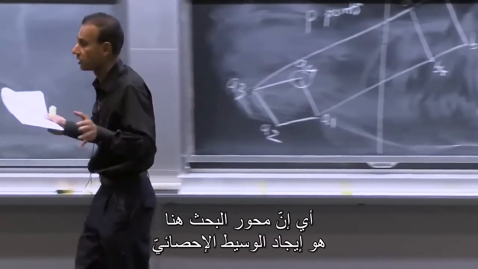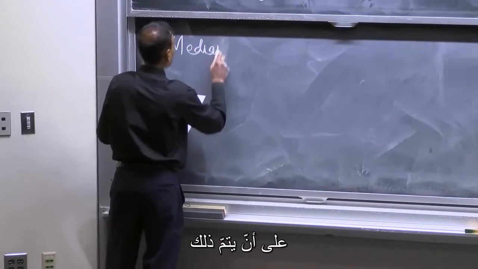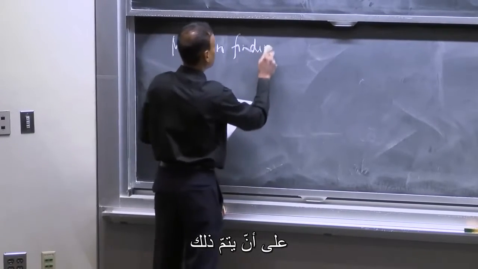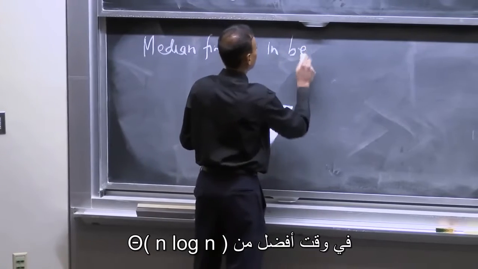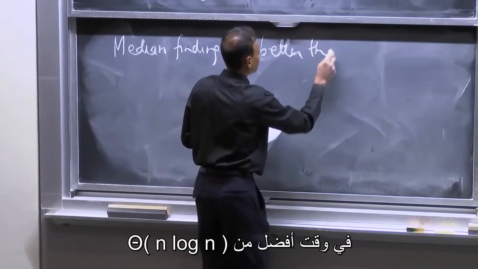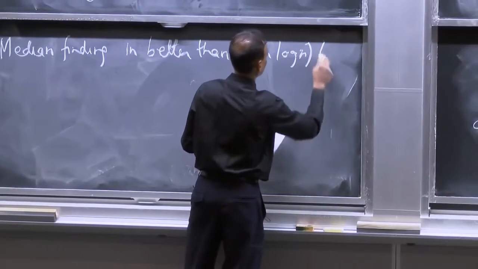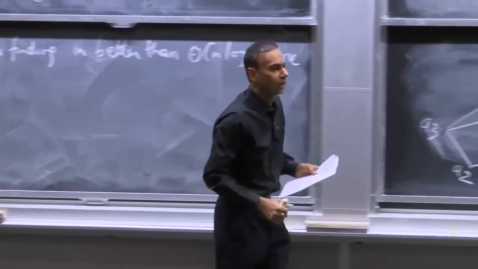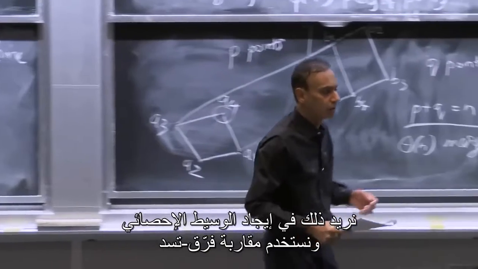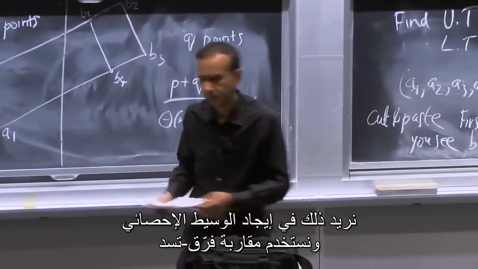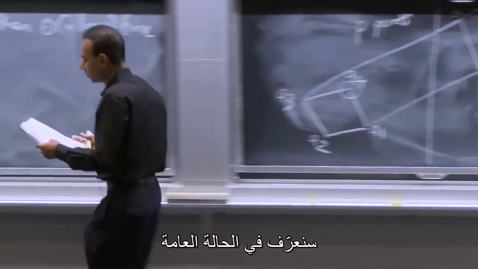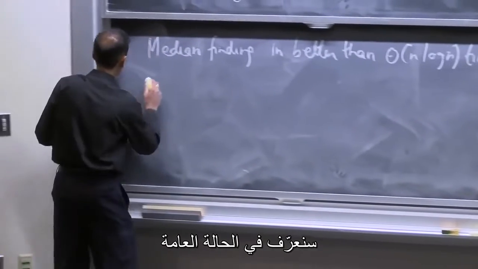So the whole game here is going to be, I want to find the median, and I want to do it in better than theta n log n time. Okay? So that's what median finding is all about. We're going to use divide and conquer for this. And so in general, we're going to define, given